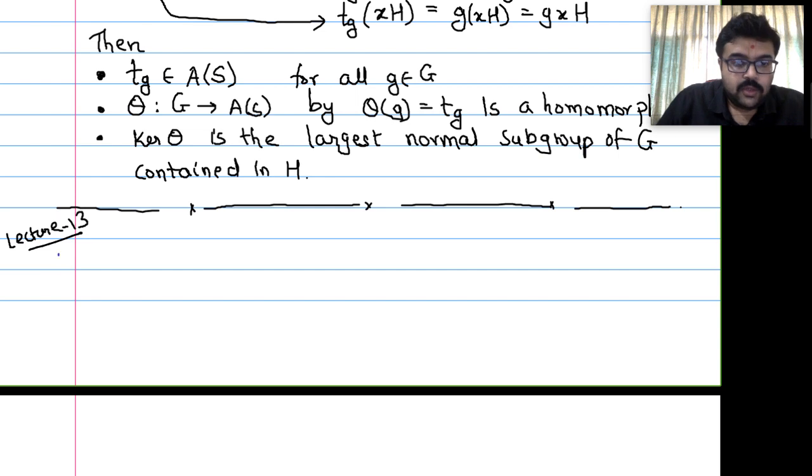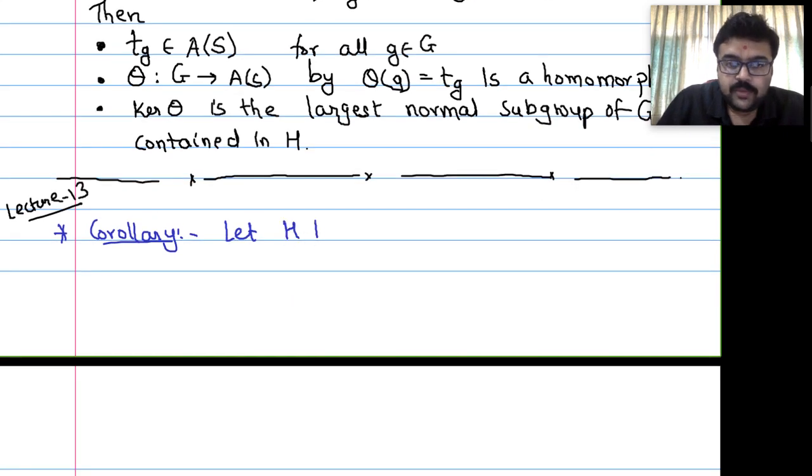Right, so as a corollary, suppose H is a subgroup of a finite group G. This is what I stated, and I asked you as an exercise. So let H be a subgroup of a finite group G,